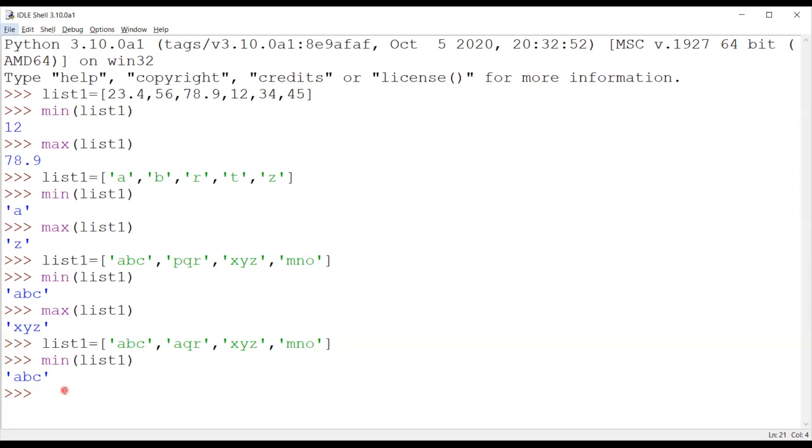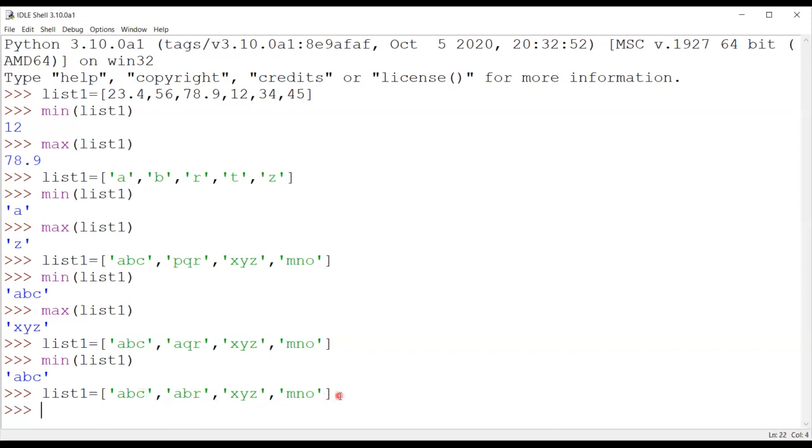Now if we check, if I modify this, ABC and ABR, that means the AB characters are the same in both the words, only there is a difference in the last character.